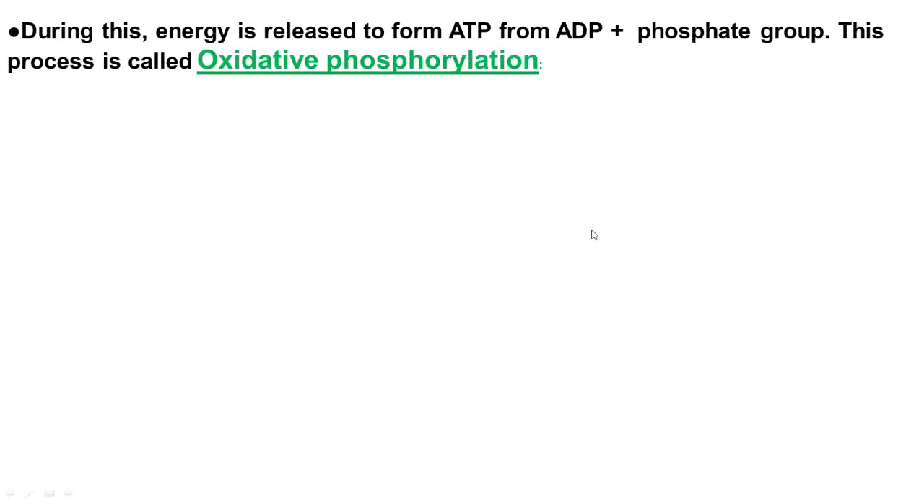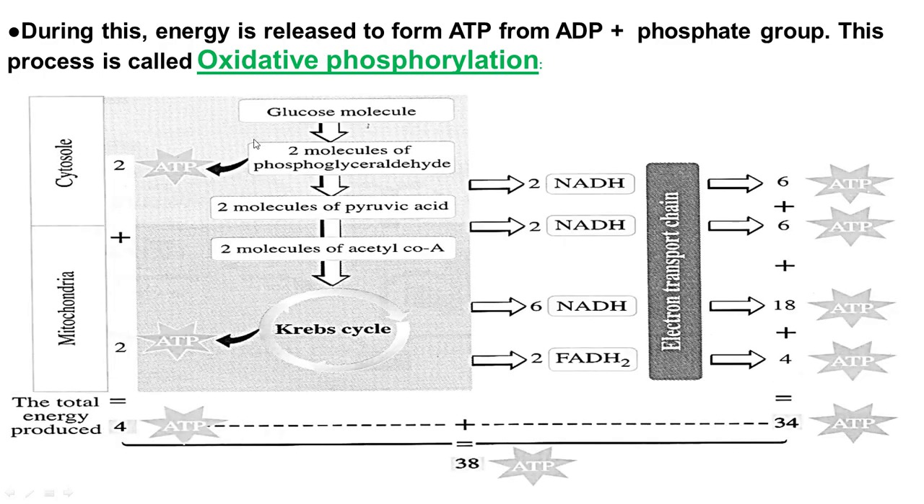During this, energy is released from ADP phosphate. Here, this energy is used in changing ADP to ATP. This is the meaning of oxidative phosphorylation. This is the total amount of energy. We have 2